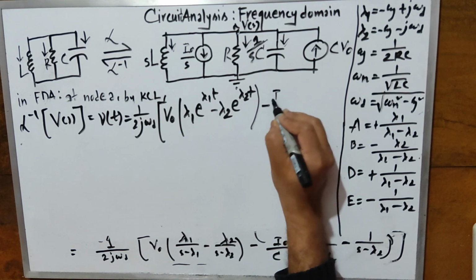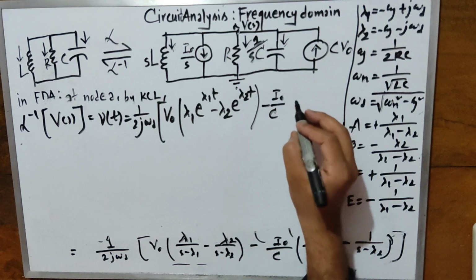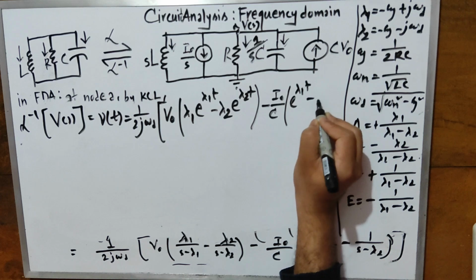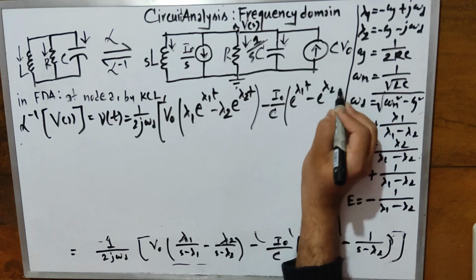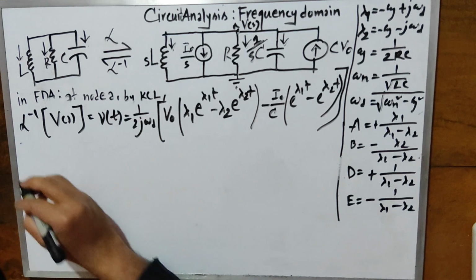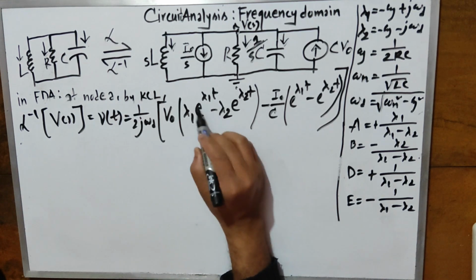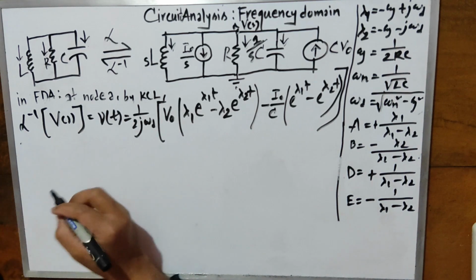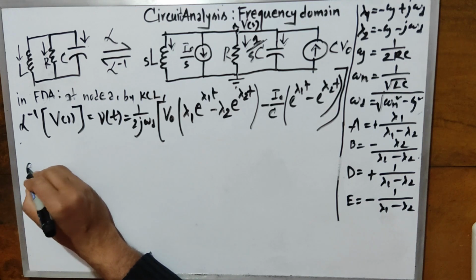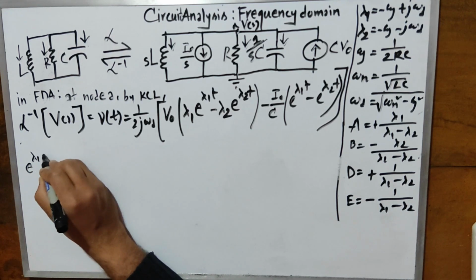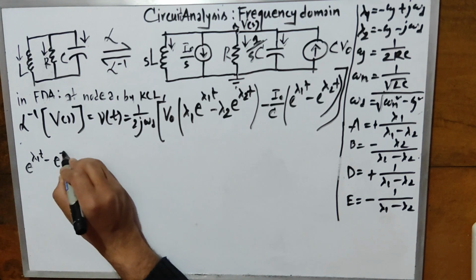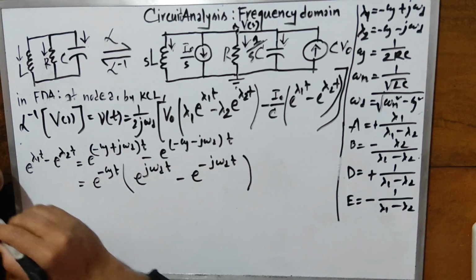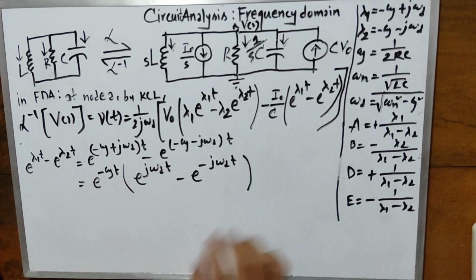So minus the initial current through the inductor by capacitance, e to the power lambda 1 t minus e to the power lambda 2 t. Now if I break lambda 1 and lambda 2 into these values, it will look like e to the power lambda 1 t minus e to the power lambda 2 t, and now I'm going to use this in this